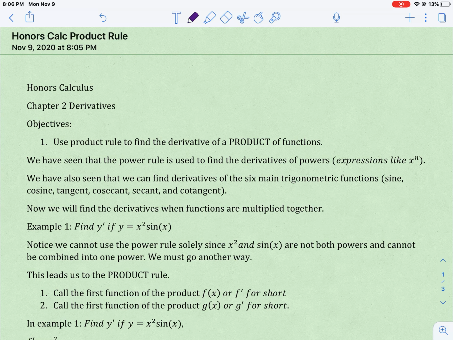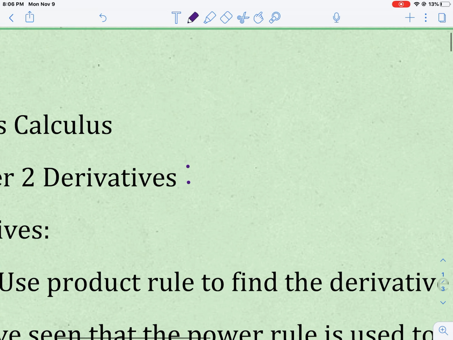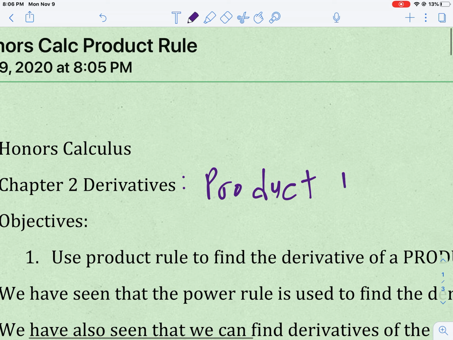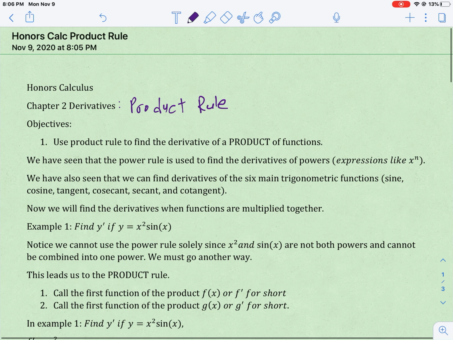All right, so Latin Our Father for you, and let's get into the math. So we're still in the derivatives chapter, okay? And this section is called product rule, okay? So when you hear the word product, you should be thinking about multiplying, and that's exactly what will happen. So our objective today is to use the product rule to find the derivative of a product of two functions,